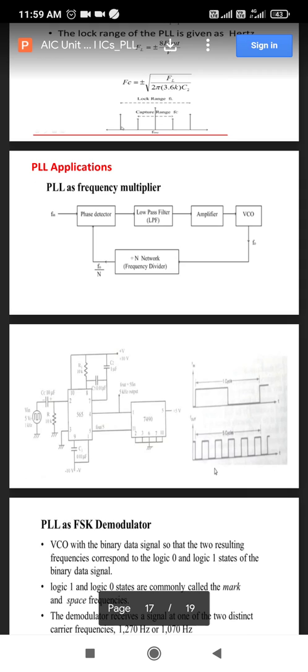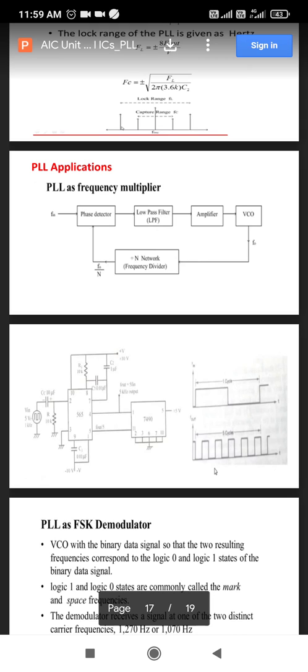म्हणजे समजा तुमचा मल्टिप्लिकेशन फॅक्टर N is equal to 10 आहे आणि तुमचं F in इनपुट आहे 1 kHz. So F out or F0 is equal to N into F in. F0 म्हणजेच काय, आउटपुट फ्रिक्वेन्सी. सो N किती आहे, 10, आणि F in किती आहे, 1 kHz. So it will give the 10 kHz frequency. समजा तुमचं N चं व्हॅल्यू 7 आहे, so F0 is equal to 7 into 1 kHz, that will give 7 kHz.